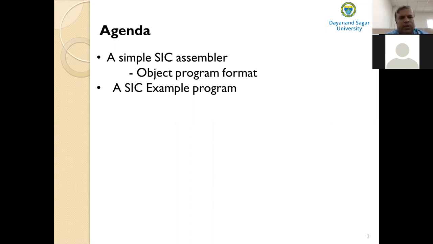For this reason most assemblers make two passes over the source program, that is pass 1 and pass 2. In pass 1, the assembler scans the source program for all the label definitions. That means it will assign addresses to all the parts of the program. And in the second pass, it actually performs the translation of the source program into the object code.